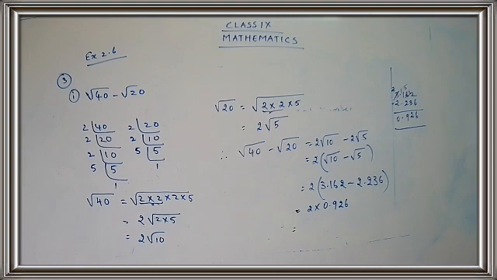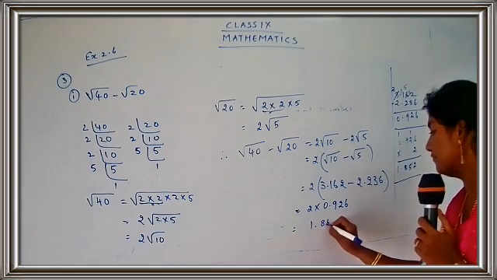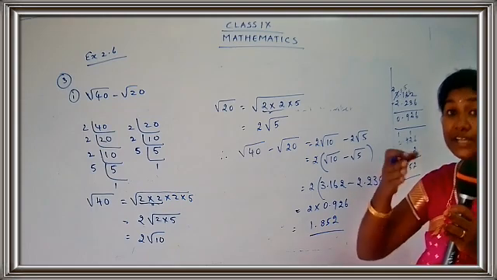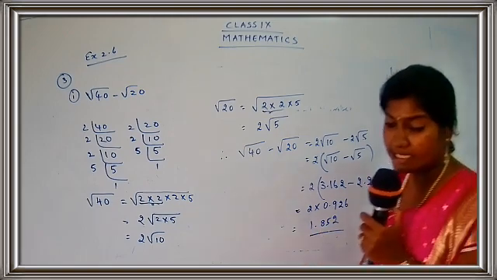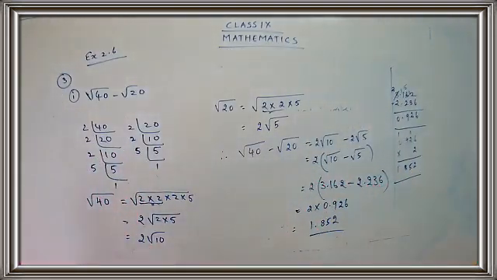You can show the multiplication in the rough column. So 0.926 into 2, 12, 5, 9 2s are 18, 1, 2 into 0, 0, 0 plus 1, 1. The answer is 1.852. So they have asked you to write down till 3 decimal places and here I have just got 3 places of decimals. So our answer is 1.852. Here are the answers. I hope you are clear with the sums.